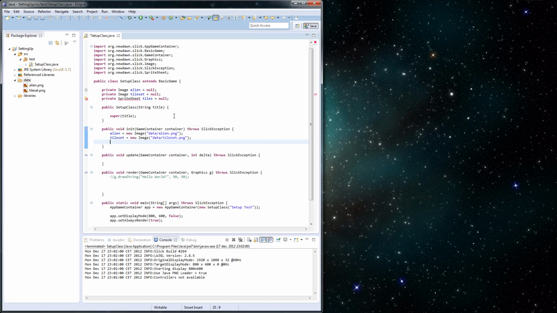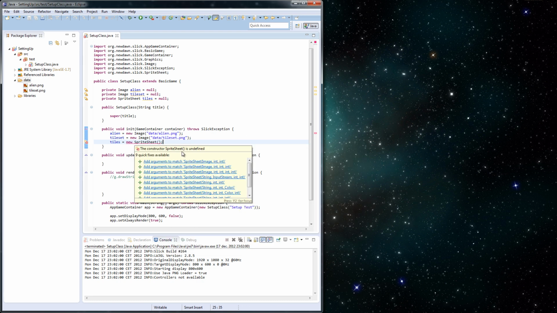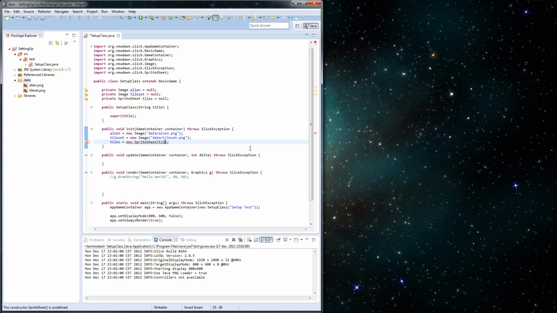And as well we have to import it, and let's say tiles is new sprite sheet. Now, as you can see, the constructor is not right. There's different ways of using the constructor of the sprite sheet. You can give the path towards your image, but you can also pass on an image. And because we already loaded an image here, we're just going to do that. So let's say tile set, and then we have to tell it how large our sprites or our tiles are,